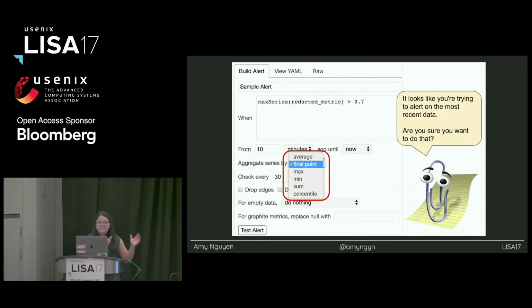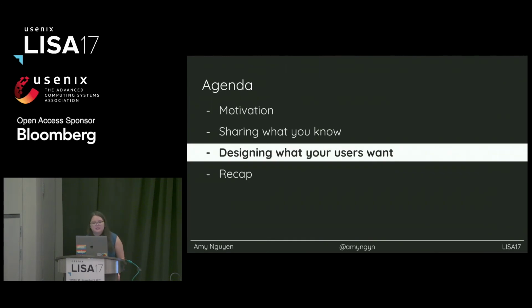And then you can think about maybe adding some more helpful advice. Jury's still out on this one. I feel like Microsoft kind of proved that it's not the greatest idea. But you can think about maybe if someone's going to click on final point, you could add a little message like, hey, maybe you shouldn't do that. I haven't tried it myself. I think it would end up pissing people off. So maybe that's not good advice.